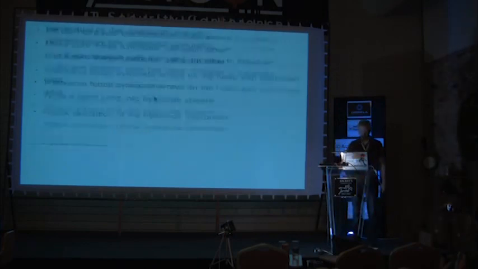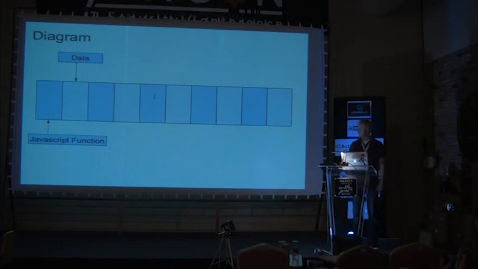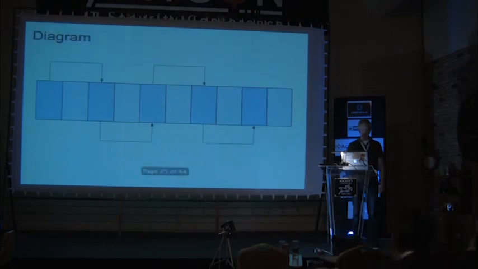So we interleave JavaScript functions and data on the heap, and we make sure that the functions call each other. If we call the first one, it jumps to the next one, and it jumps to the next one, and it jumps to the next one.